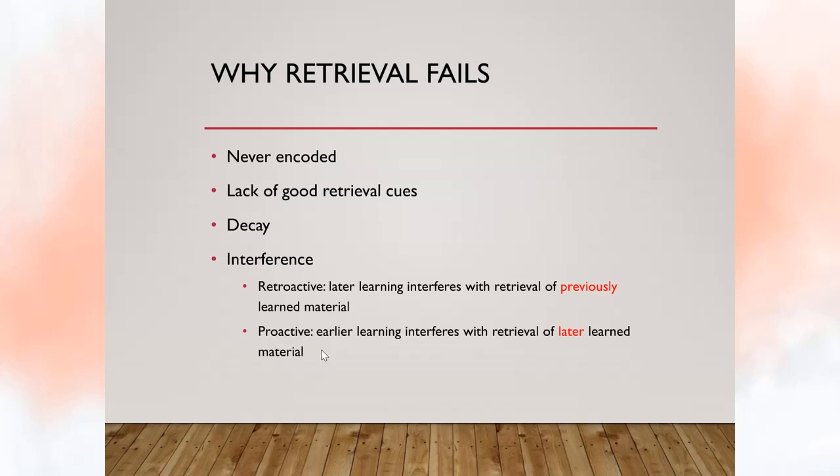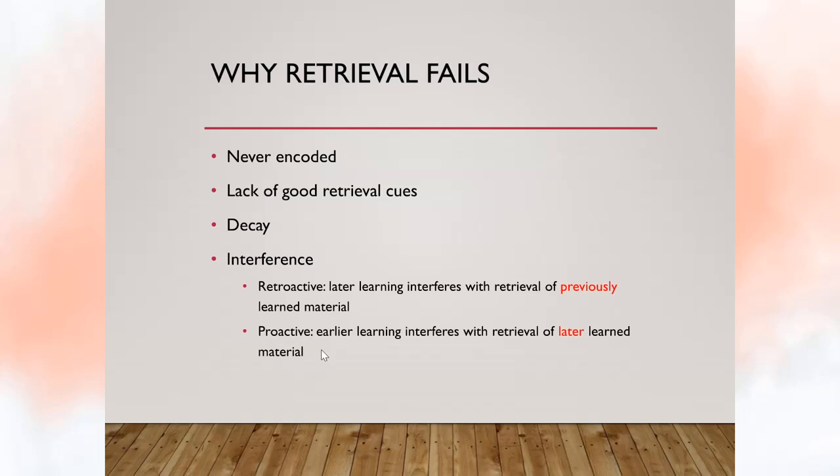Now again, group B, your second group, is going to recall more than group A, the first group. But now what's happening, if you go up to the first group and circle list 1, is that list 1 learning interferes with learning or recalling list 2 material. So you circle list 1, draw an arrow pointing to list 2, and you're going to see that goes forward in time, right? That's proactive interference.